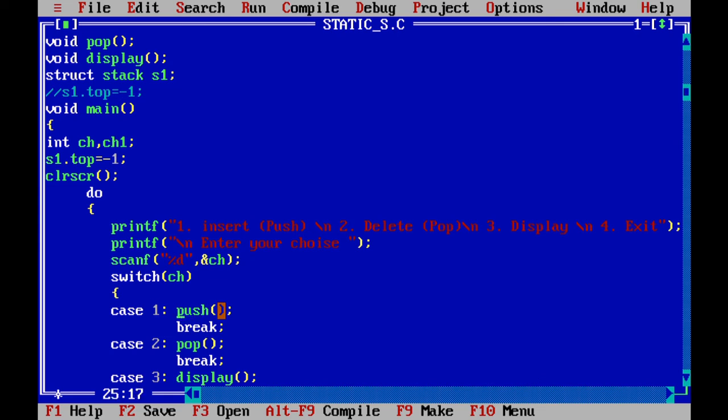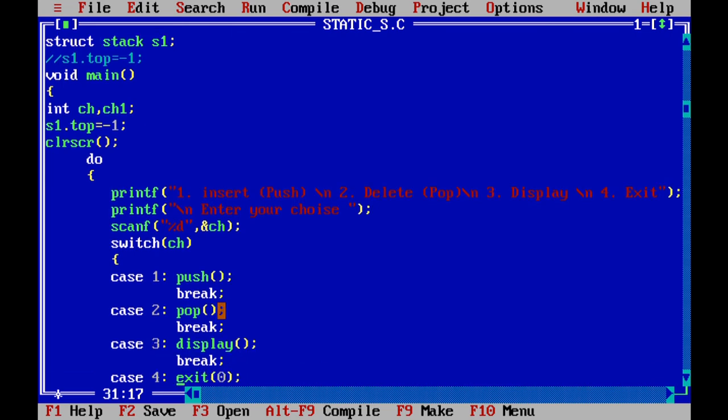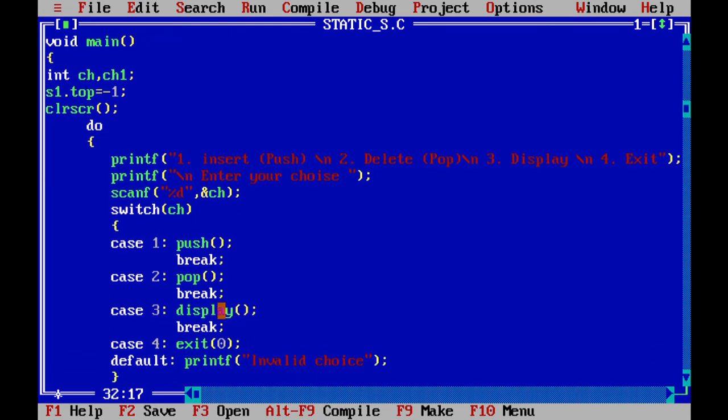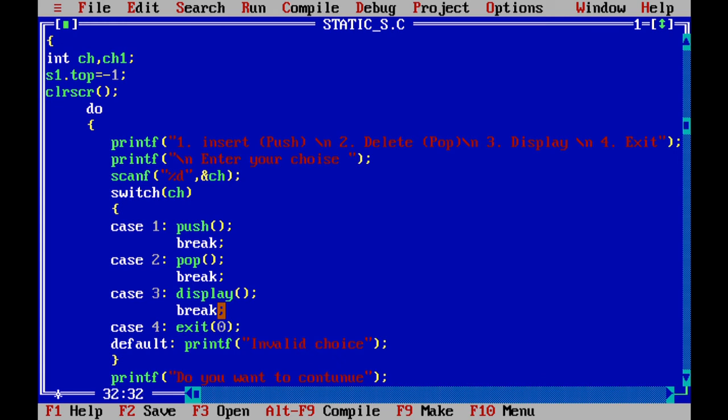So if the user enters 1, then call the push function. If the user enters 2, call the pop function, and after executing the pop function just break from the switch. If the user enters a value other than these, like 5 or 6, then display the message invalid choice. So this is the default case.